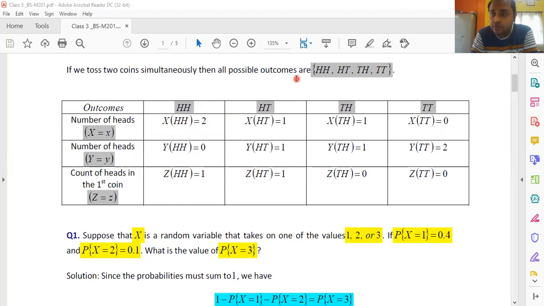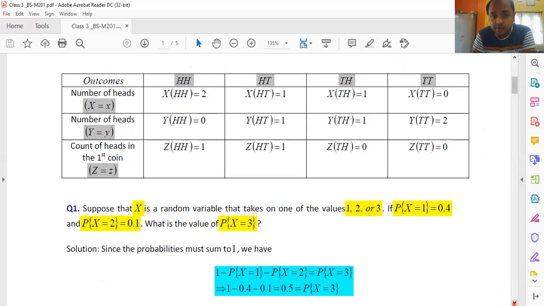Why is it so? Because any sane person knows that when he tosses a coin, he is sure about the sample space. He knows that in the tossing of two coins, no other outcomes can appear other than these which are included in this set. So my sample space is a complete sample space. If my sample space is complete, and if I can make this kind of chart with outcomes and probabilities, this type of chart is called a probability distribution.